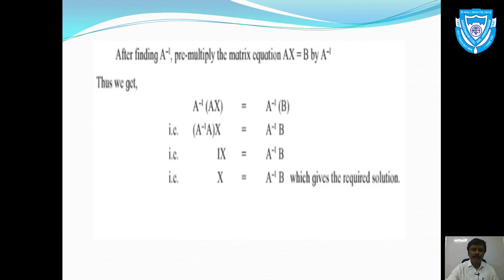Now the question arises, what about this x? x और I, इन दोनों का मल्टीप्लिकेशन करने के बाद डायरेक्टली हमने x क्यों लिखा? Because if we multiply any matrix by an identity matrix, the matrix remains as it is. That is, x को I से मल्टीप्लाई करने के बाद this capital X will remain as it is. So therefore we have directly written X is equals to A inverse into B. This is how, using this formula, we can find the values of unknown variables.